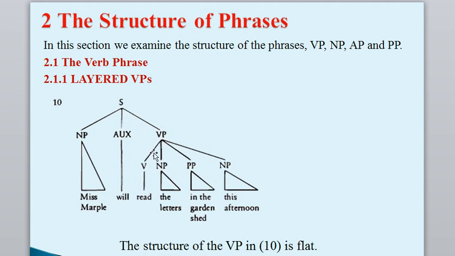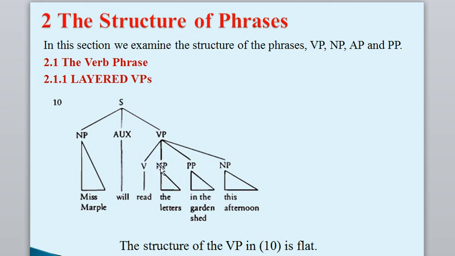The VP itself consists of the head, the verb read, and some other complements: the letters, then in the garden shed, which is a prepositional phrase, and then this afternoon, which again is an NP. So this VP consists of the head, the verb, and three other